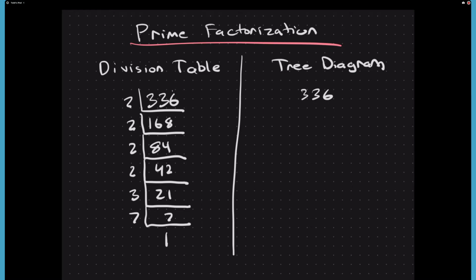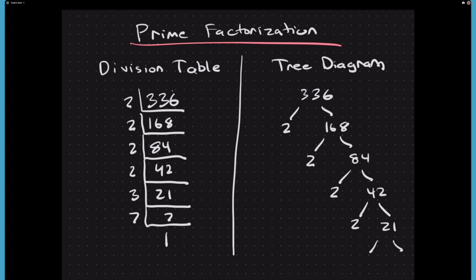Okay, well, with a tree diagram it's the same way, it's just that the structure is different. 2 can divide into there, leaving us with 168. 2 can divide into there, leaving us with 84. 2 can divide into there, leaving us with 42. 2 can divide into there, leaving us with 21. And in 21, we have 3 and 7. So in both cases, we've got 2 times 2 times 2 times 2 times 3